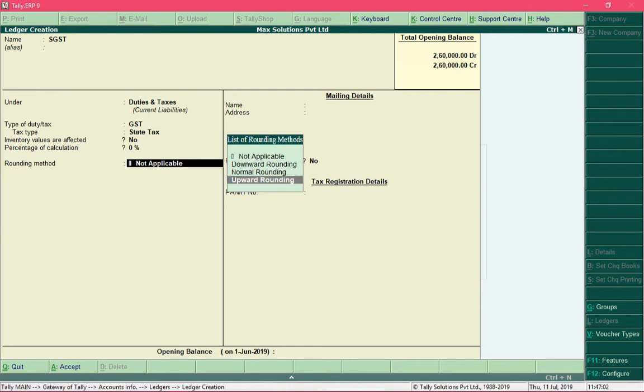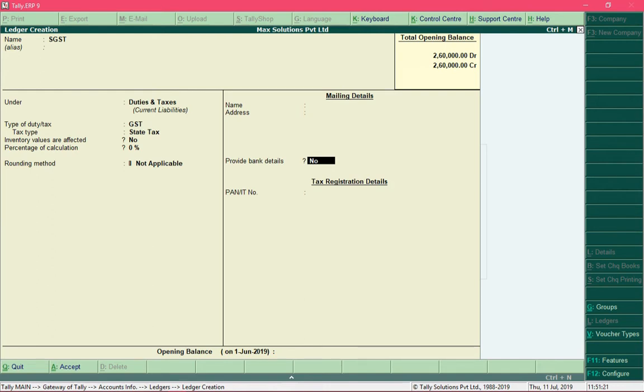And if you select the rounding method as Upward Rounding, then the resulting GST amount would be ₹101. So Tally would automatically increase the amount in upward rounding to the nearest whole number. And the rounding method Normal Rounding would either round off the GST amount upwards or downwards. This is how rounding works, but usually we don't round off the GST amount. So for this field we will select the option Not Applicable. And to have invoice amounts as whole numbers, we will use a separate round off ledger. You will learn about it in the later part of this section.